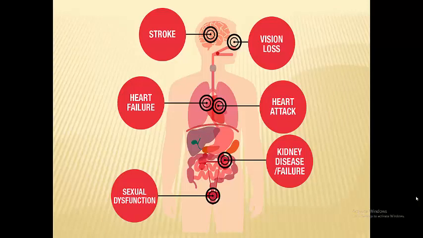This is what you're trying to avoid. The leading causes of kidney failure, and this is an area of my expertise, I work in dialysis. The leading causes of kidney failure, kidney disease, which starts out and progresses to kidney failure, are high blood pressure and diabetes. If we can prevent high blood pressure and diabetes through a healthy lifestyle, we can prevent kidney disease and kidney failure. Anything that damages one vessel anywhere, guys, damages the others. If it's damaging the vessels in your heart, it's damaging the ones in your brain and in your eyes and in your kidneys and even in your penis if you have one.